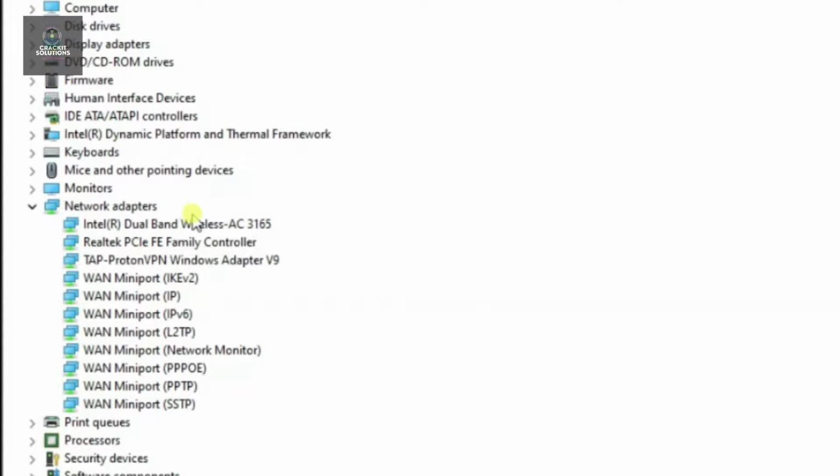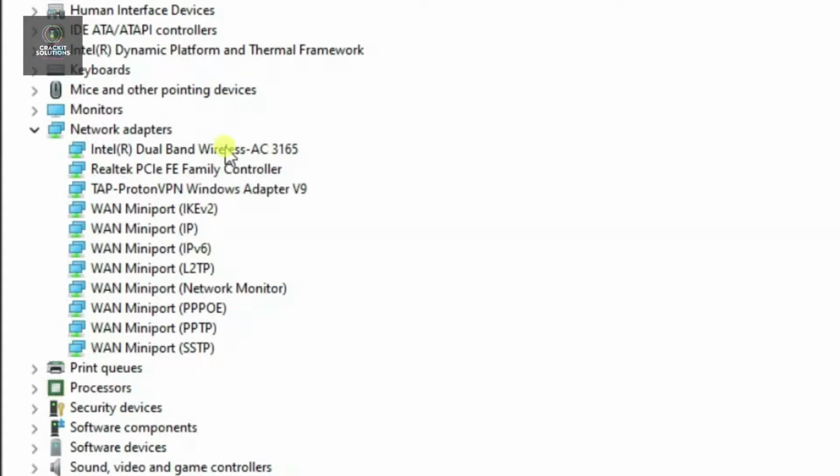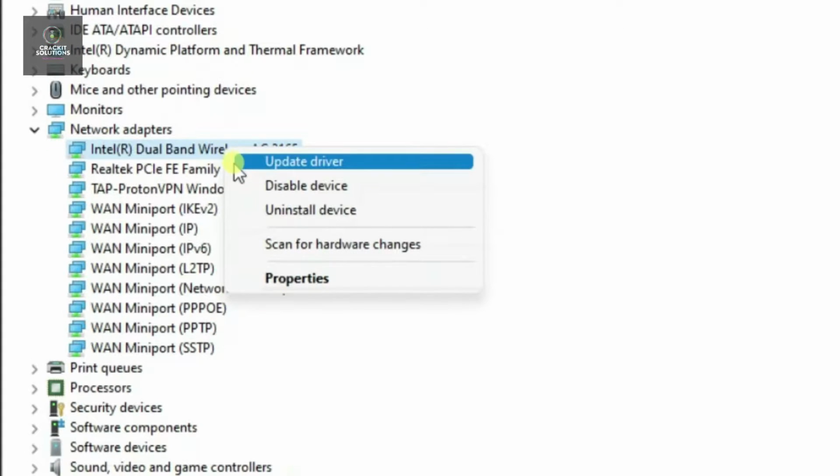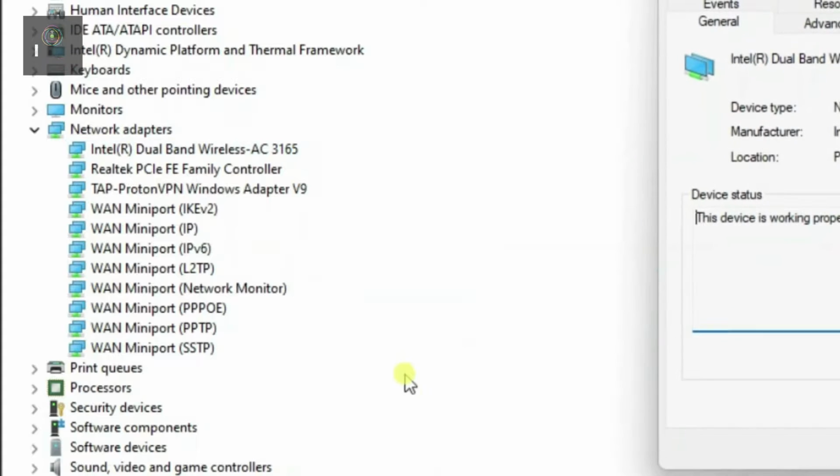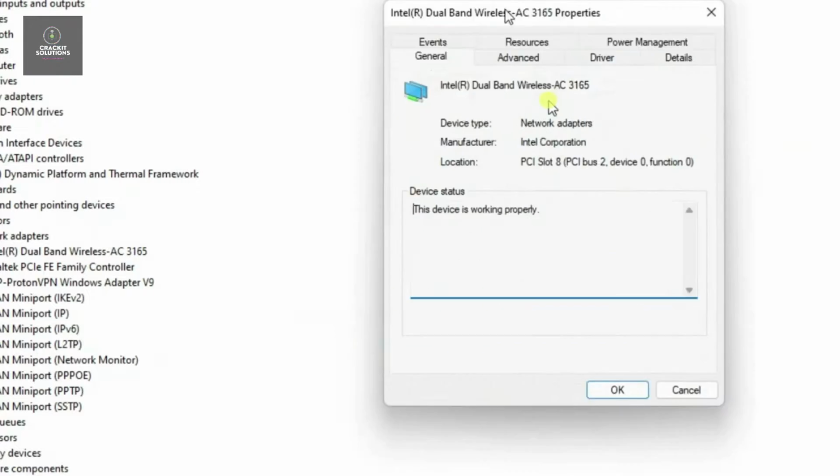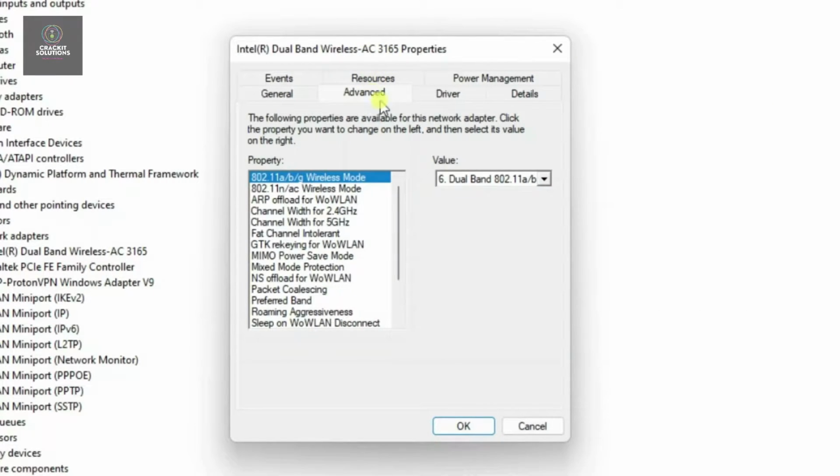Look for where it says Intel(R) Dual Band, with wireless here, and this is pretty much the Wi-Fi. Just go ahead and right click on it and click on properties. It says the device is working properly, but we need to go over to the Advanced tab. We're going to look for the one that says